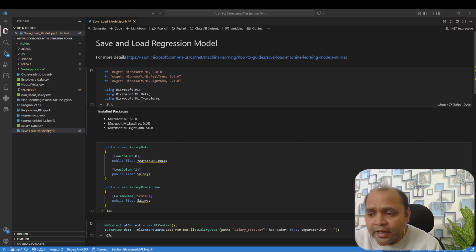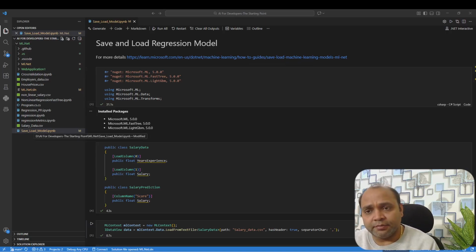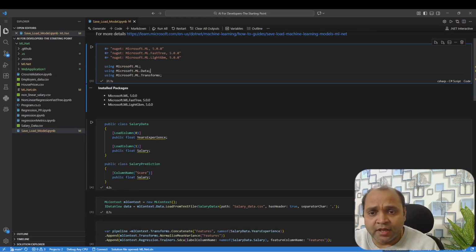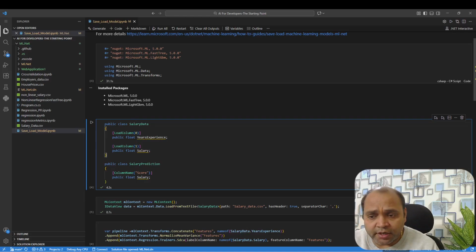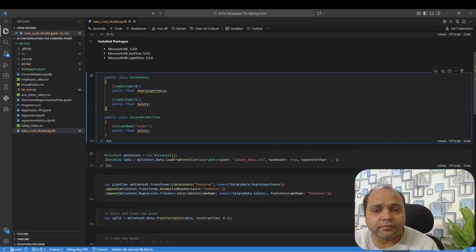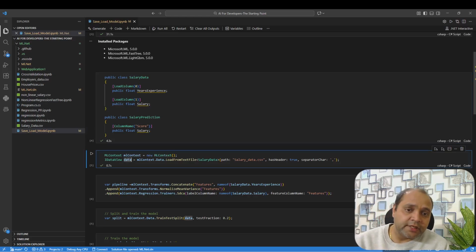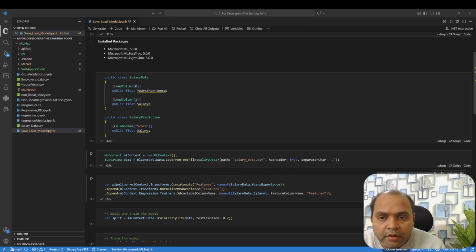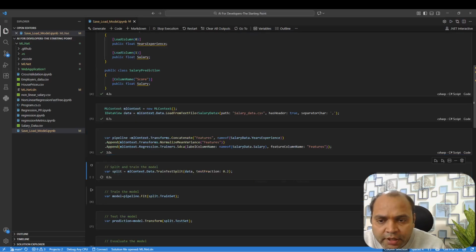To save your time and our time, we already have a session where we predicted salary using a regression model. So let me do this quickly for you. At the first stage you will need to load all the NuGet packages, then your input and output classes, the data contract where your model will work. Here you will load the data. Once you load the data, the next step is to create a pipeline. Once your pipeline is created, train